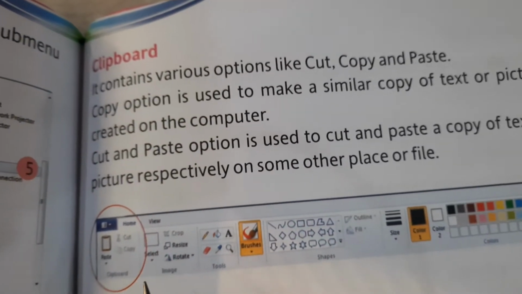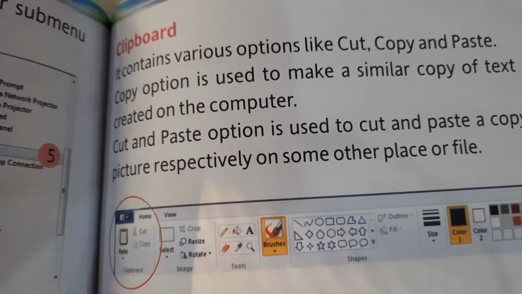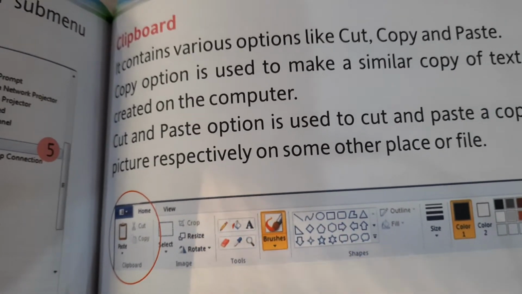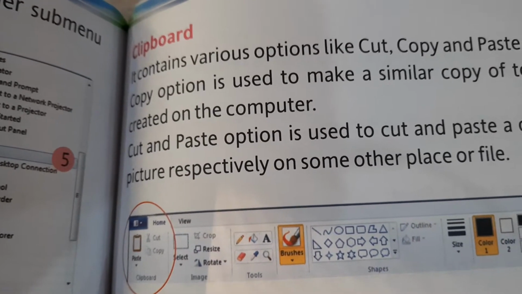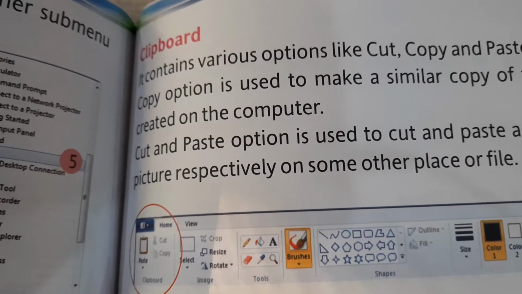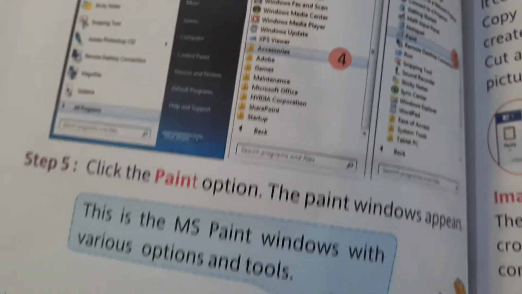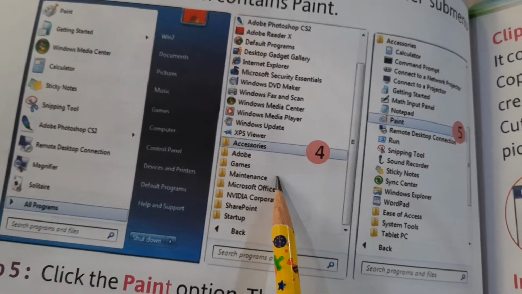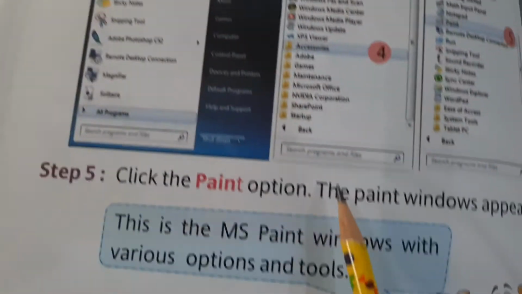Today, children, again we shall continue with the chapter regarding MS Paint, in which you are learning about MS Paint, and it is a part of the accessories. Okay, it is not there in the desktop or in any other folder, but in accessories. So in the last period we have learned how to open it by clicking on all programs and accessories, then paint. Like this you will open the MS Paint.